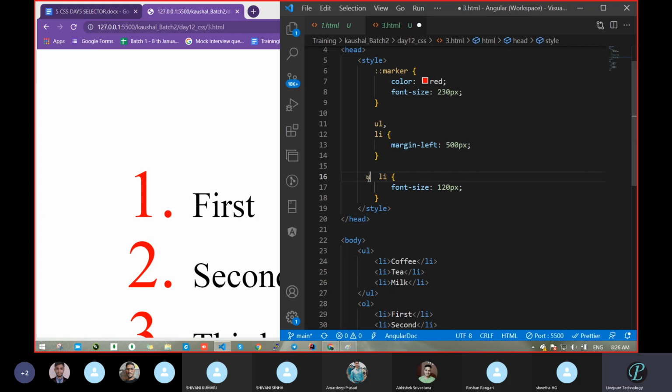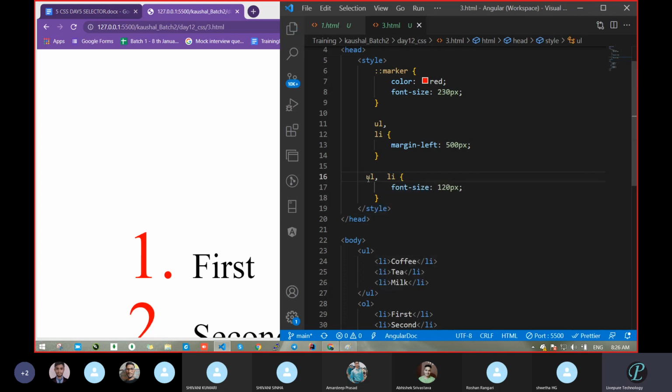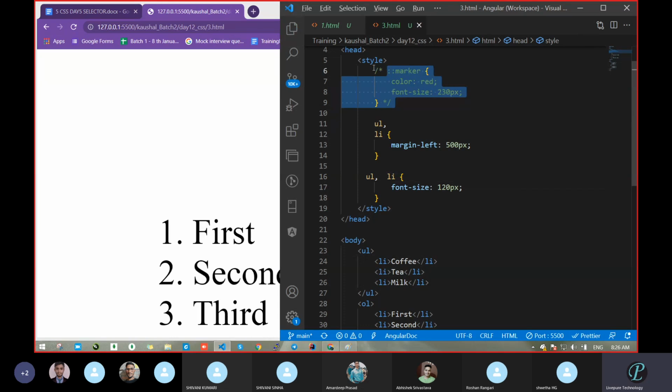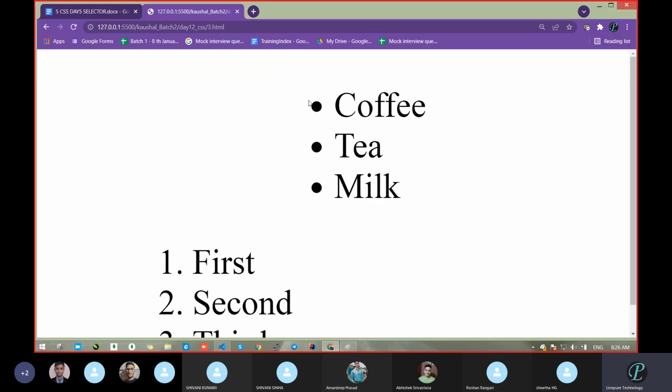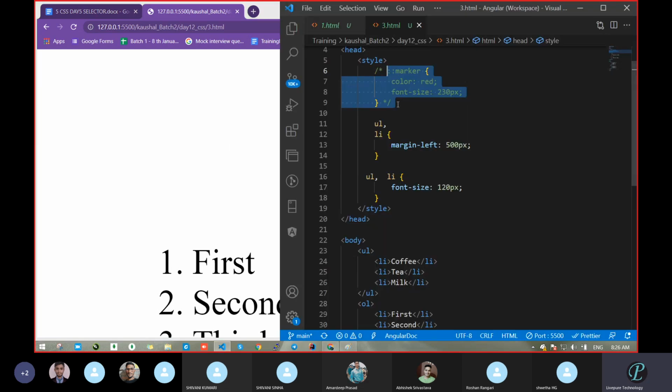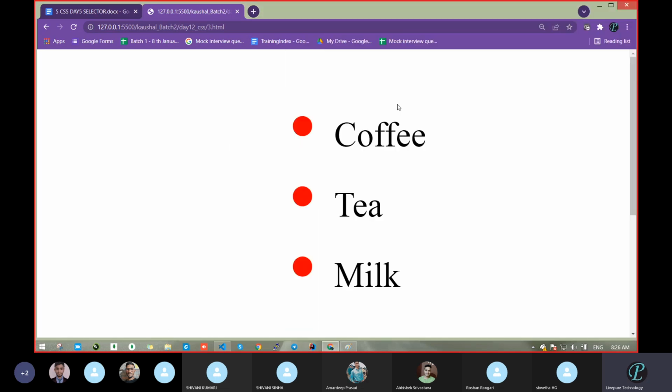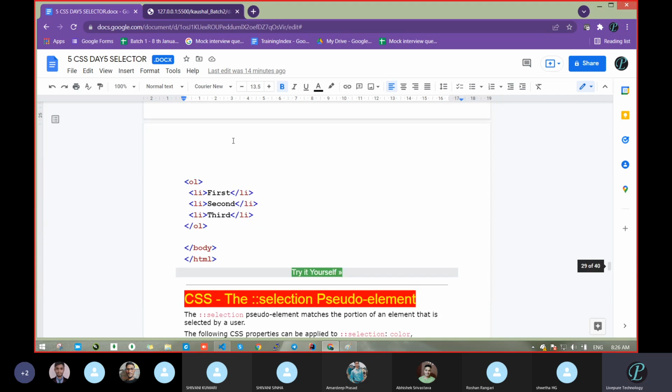If you want, you can try UL, let's save and comment. I don't know whether it will work or not. So the bullet sign did not increase that much, but when you pass this style for marker, then we are getting the changes. So this way we can use this marker property.